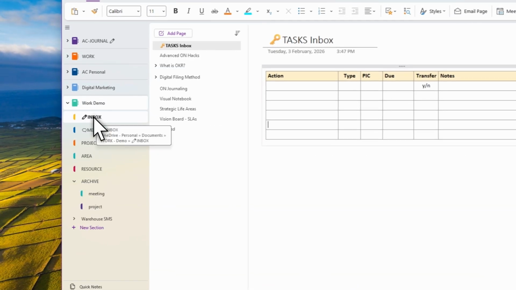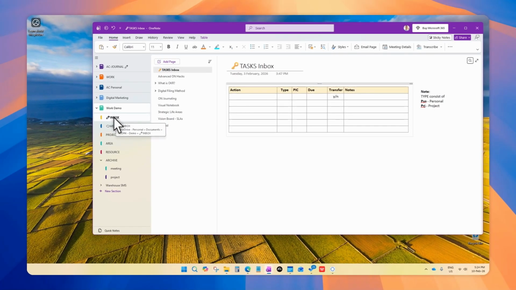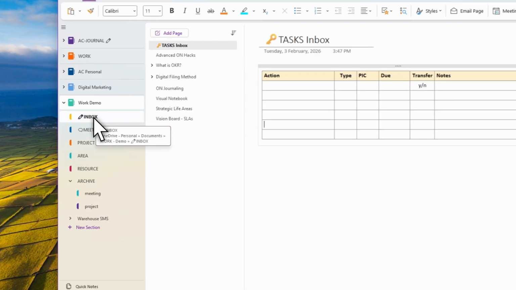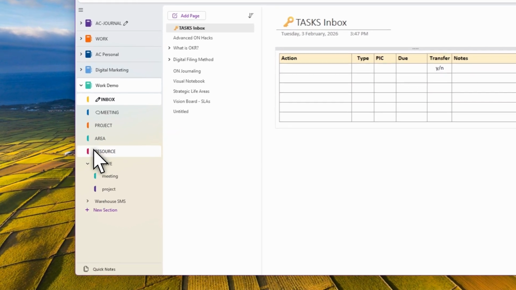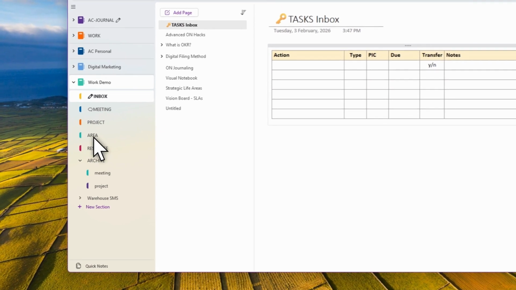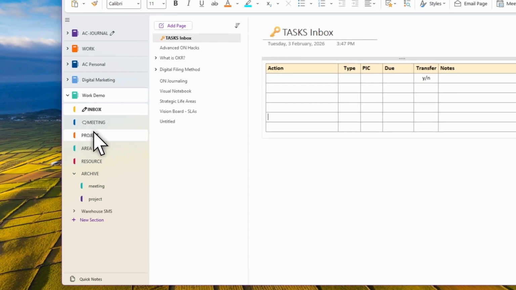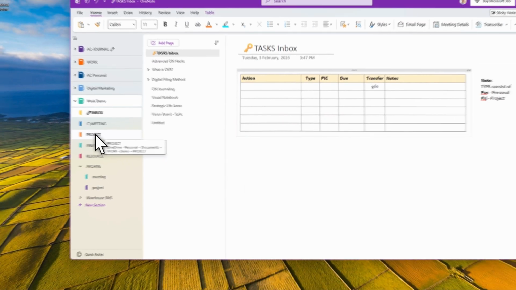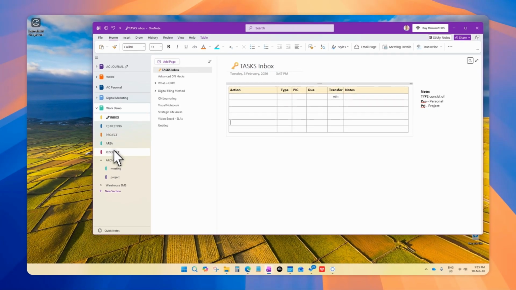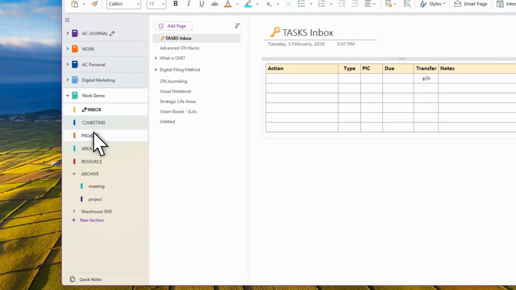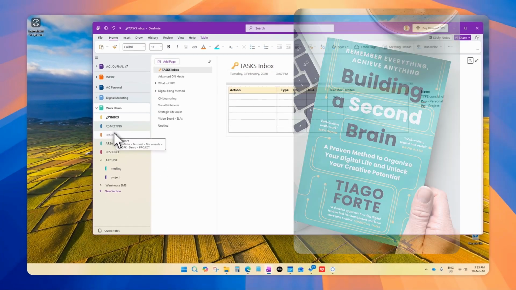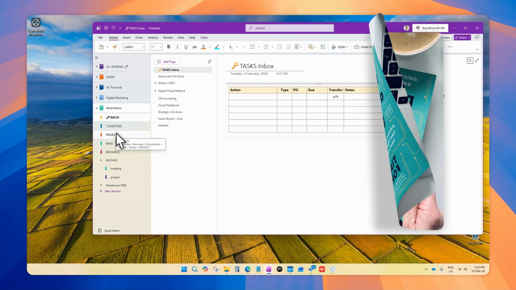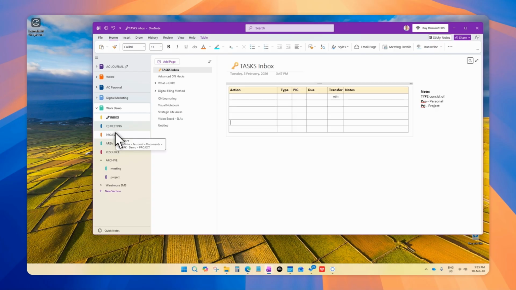Once you put it inside the inbox, the second step is to sort and organize, right? So the system I use is called the PARA method, P-A-R-A. You can see here on the left I've got four sections: PARA, P-A-R-A, right? Project, area, resource, and archive. This is one of the concepts by Tiago Forte, about the second brain, right? So I'm using his concept,